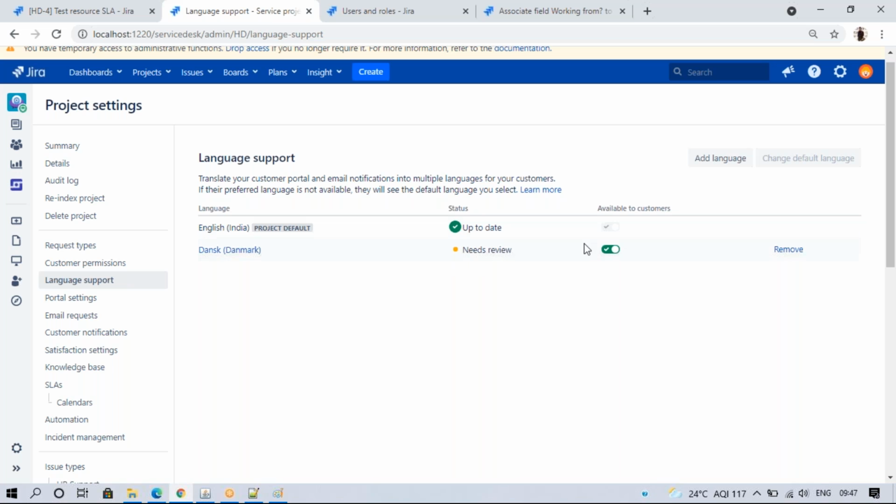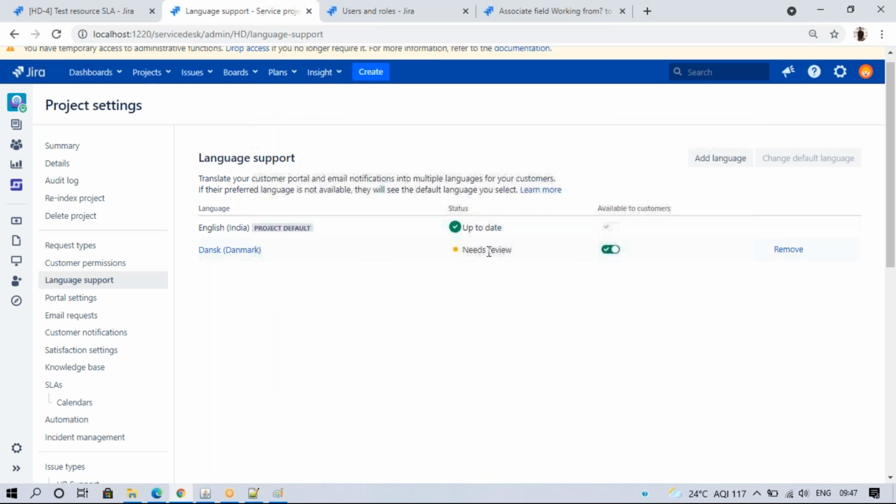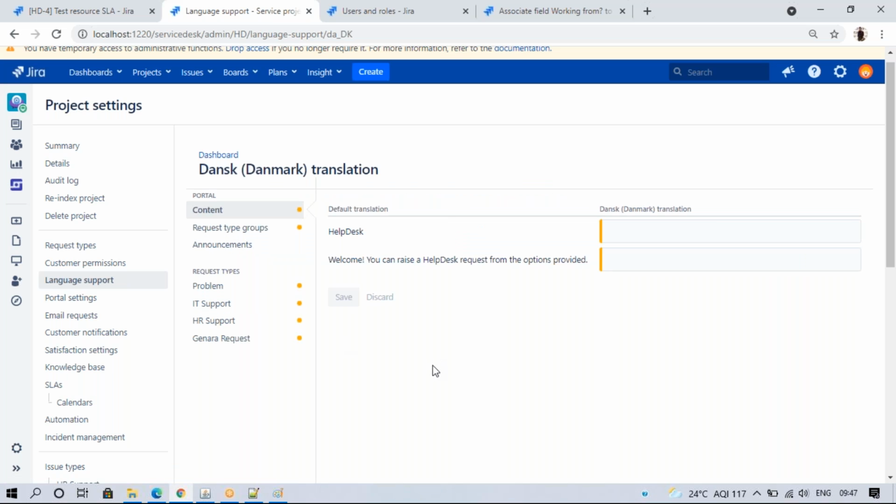Okay, project default this. So how can we select? Here we have configuration, content, help base.